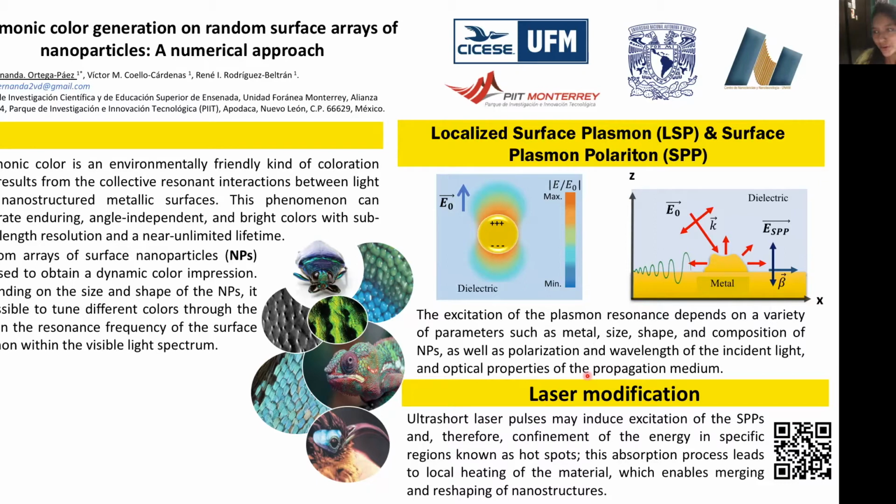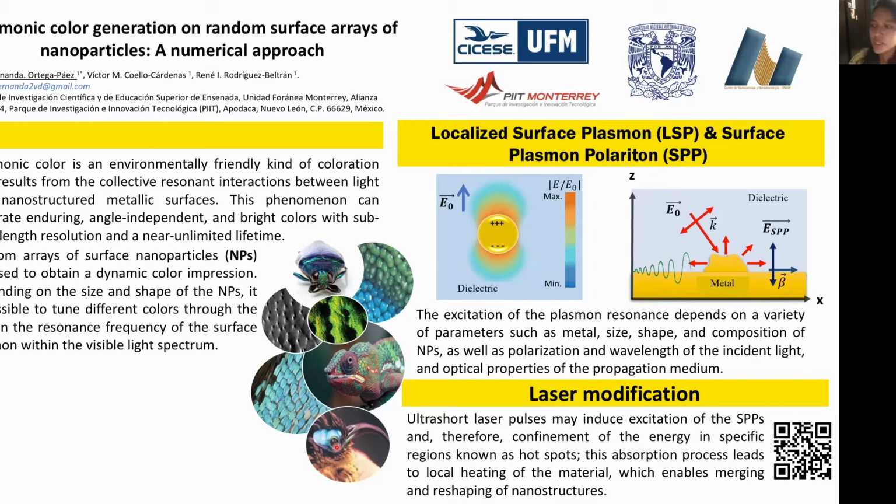What is plasmonic color? This type of color belongs to the structural color classification. Structural color, in easy words, is the result of the interaction between light and surfaces structured at the nano and micro scales. In nature, there exists an extensive biodiversity that obtains colors through structured surfaces. For example, in the wings of butterflies and birds, the skin of chameleons, some shiny beetles,